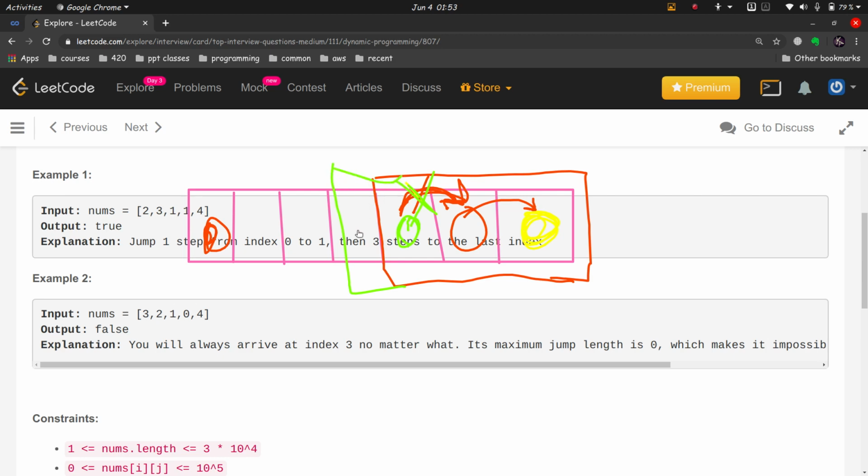Now we'll consider, can we reach the target, which is now this, from this point? If yes, then the target, let the target be t, and my handwriting is bad, so our original target was this, now the target was updated to this because we can reach the last from here. The current target is this, so these were eliminated, these are no longer the targets. The current target is this point because we can reach the second last from here, and the second last can take us to the last point.